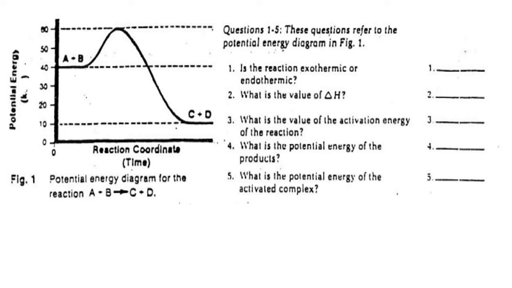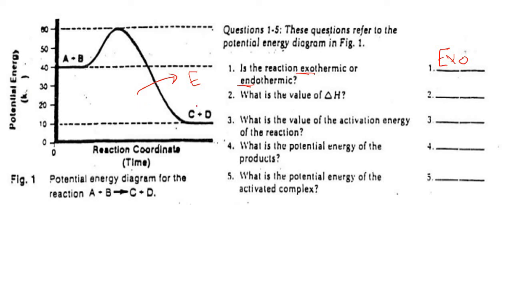So number 1, is the reaction exothermic or endothermic? So remember, is energy exiting or entering? So it's the visual. You say, all right, we're starting up here, we're ending down here. So we're ending up lower than we started, so energy is lost. Energy is exiting the system, so that's how we know it's exo. Right? What is the delta H? So when they give you values over here on your y-axis, you can actually calculate these numbers.